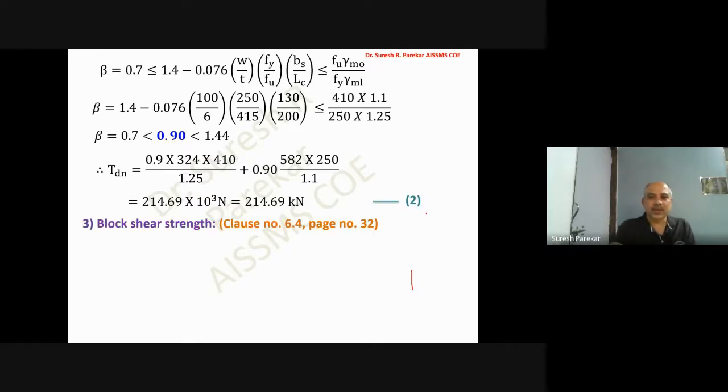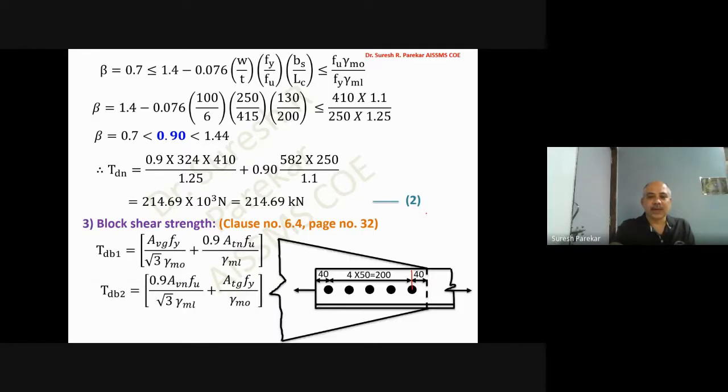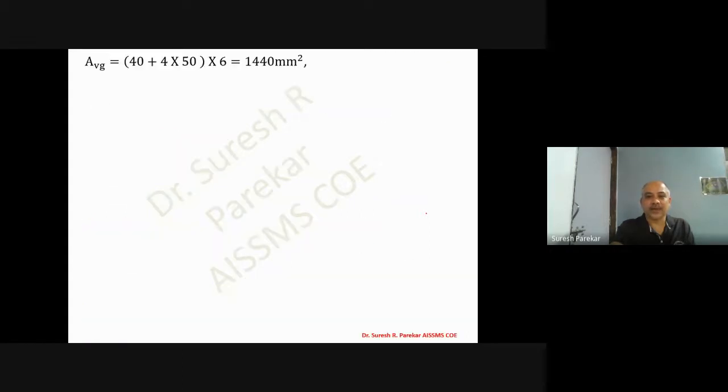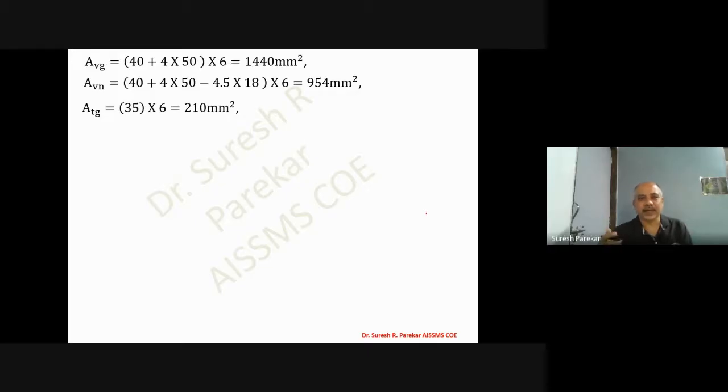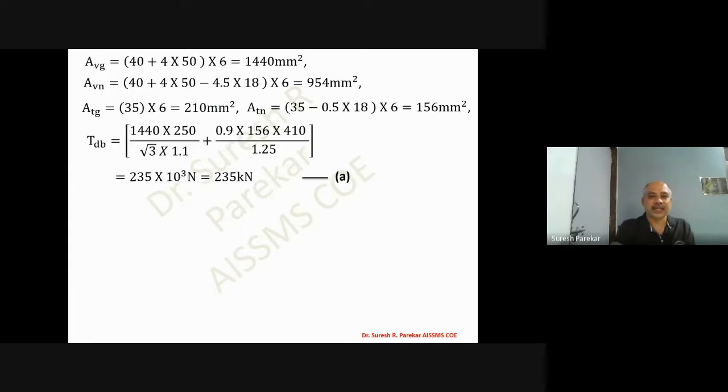And then we will go to the third, block shear strength. In the same way, here we have AVN along red, and ATG and ATN along the blue line. Now here we have 40, so my value of ATG we have 35, and then we are going to be in the same fashion. This need not be explained again. So we have this part as it is. AVG will not be changed, AVN will not be changed. The change is only in ATG and ATN.